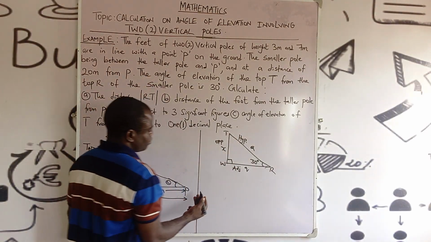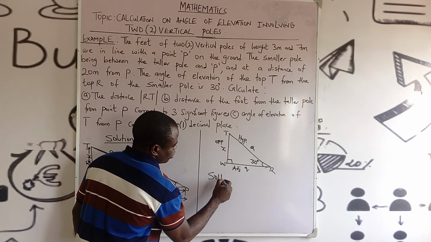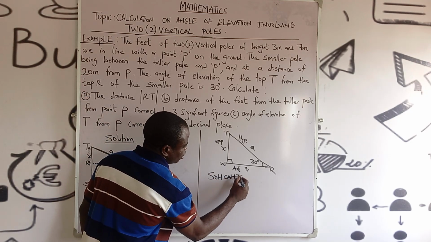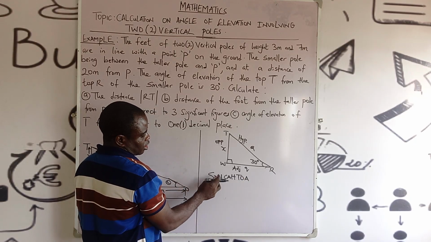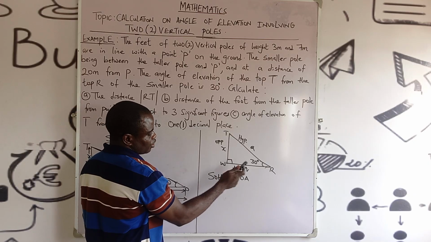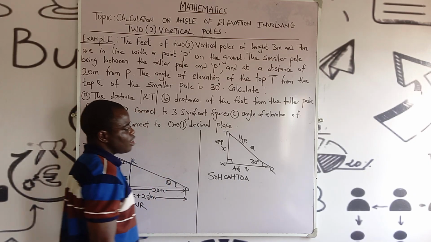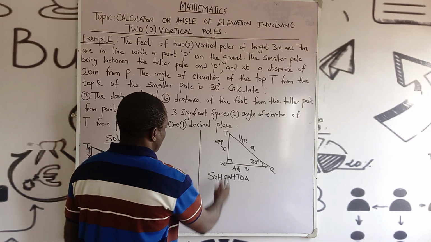Now from here, you have to know what is called SOHCAHTOA in trigonometry. S stands for sine: sine theta equals opposite over hypotenuse. Cos theta equals adjacent over hypotenuse. Tan theta equals opposite over adjacent. In this case, since we are looking for